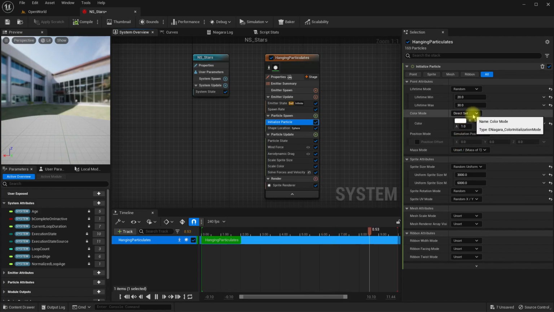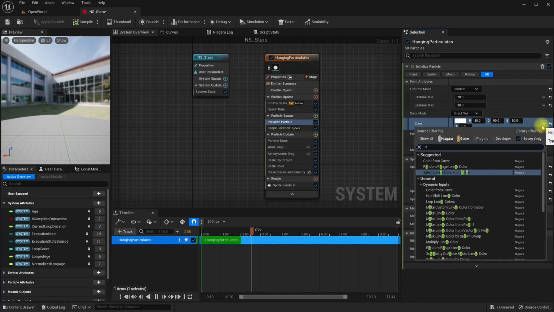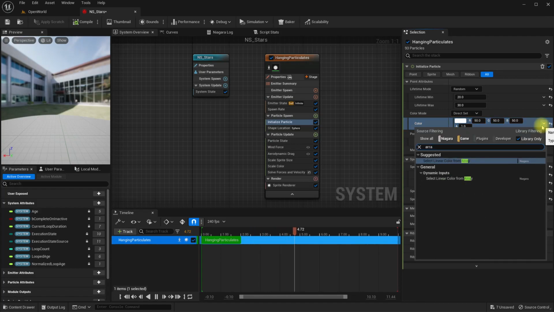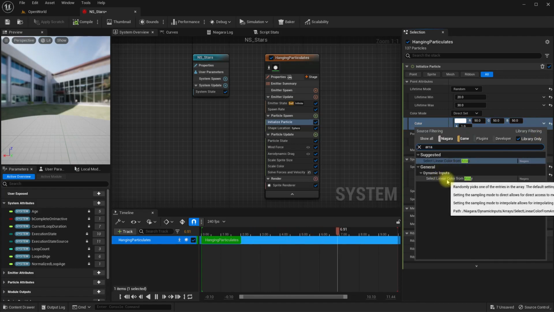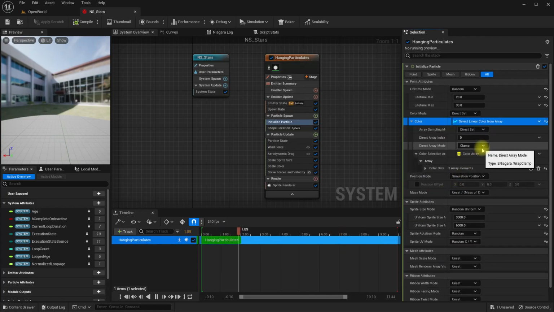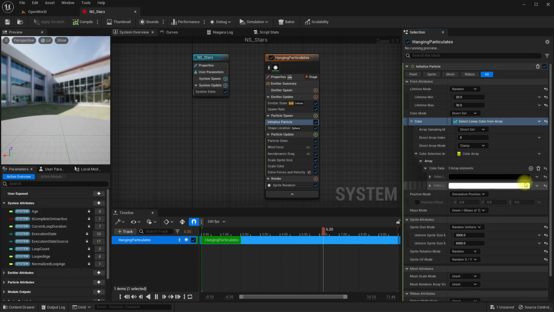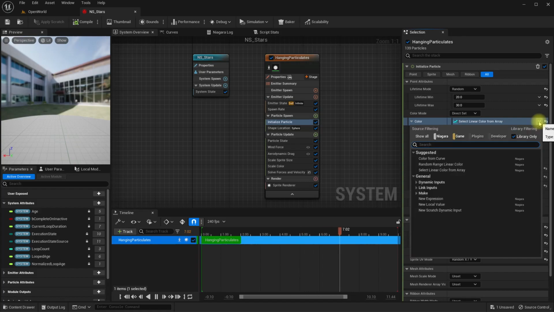So instead of direct set, can we change this to an array? Yeah, select linear color from array. Okay. Now we have only 2 elements, and also despite giving the color, I think if I have a multiplier,